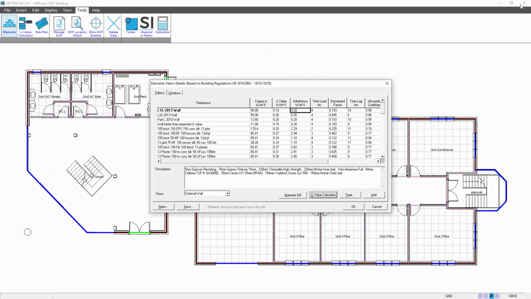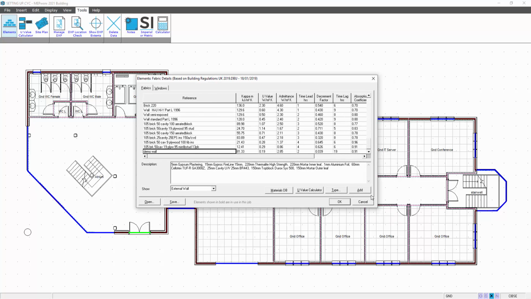So we close the U value construction. We then transfer down to the end of the list, and you can see here there's our new wall type. So we've now introduced the new material into the database. Now what we want to do is change from one material type to another. So I want to change from the existing material, L1A 2013 wall, and I want to supplement and use now